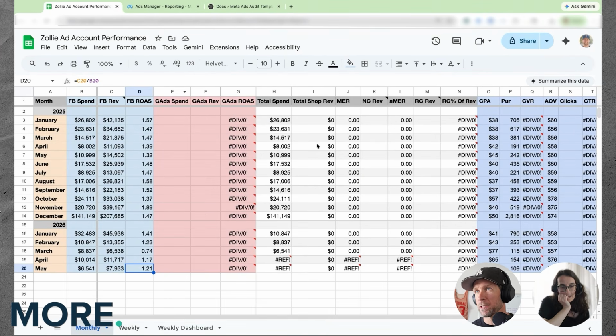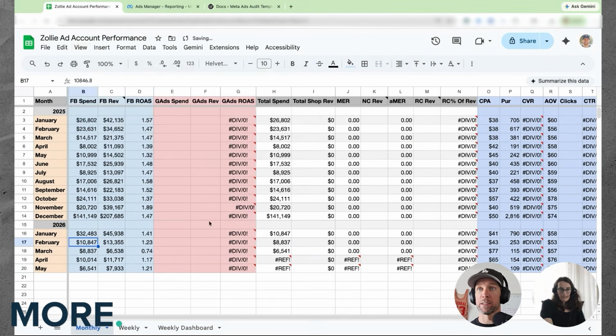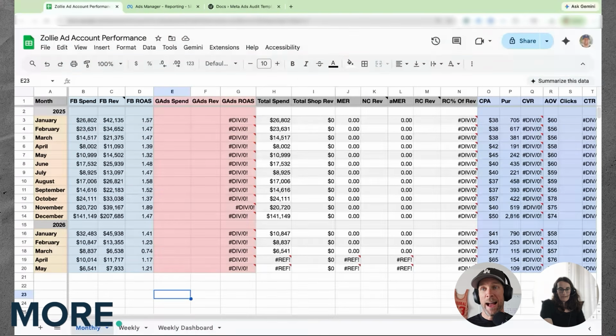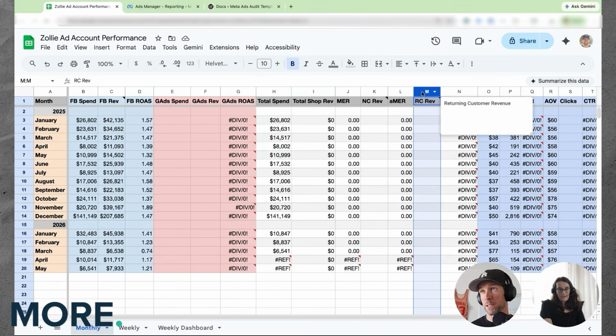I could pull up a bunch of other data about your business right now, but just for anybody watching this, I end up using this sheet for a whole lot of different stuff. I'll use this as a simple way to get my head around core metrics like total revenue, new customer, return customer. One thing I might be looking for is the question of whether my ad spend is actually producing more or less revenue than Meta says. That's why I like to have new customer revenue and return customer revenue in here, just to see what's really going on in the business.